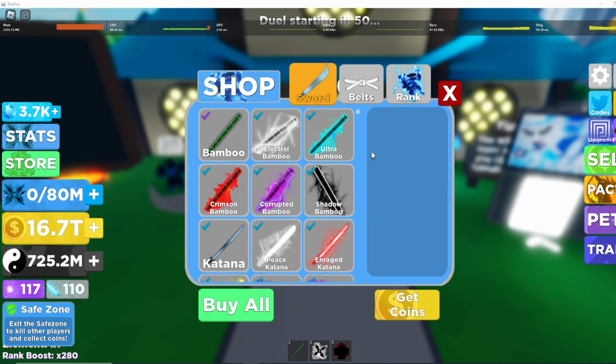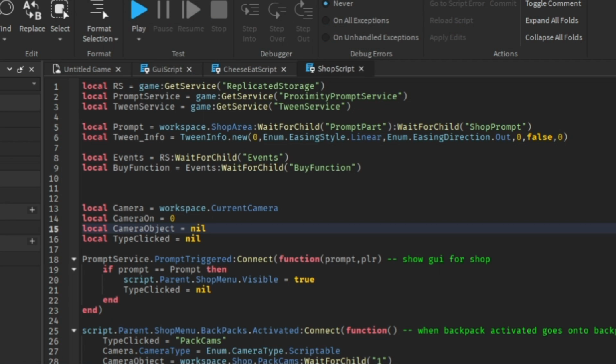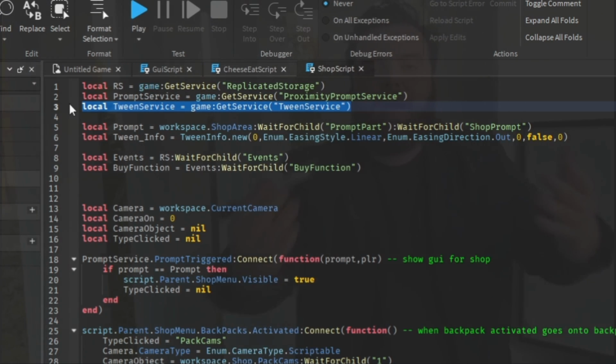Now, most simulators use this basic dull shop UI, and I didn't really want to do that because it's a bit boring to be honest. So I'm using Tween Service. It's basically the Roblox way of animating objects, and I'm going to be animating the camera so that it will